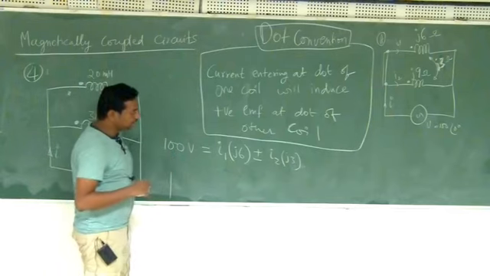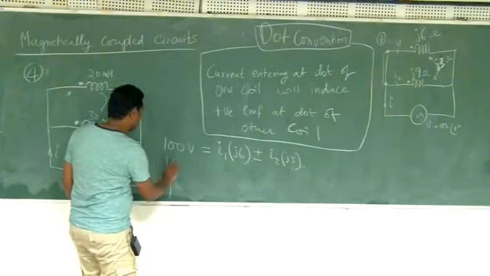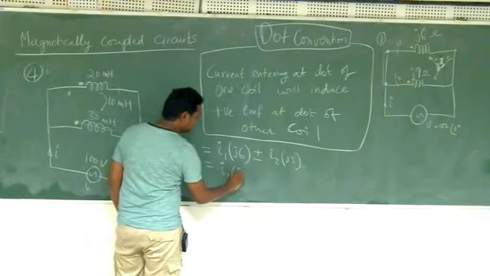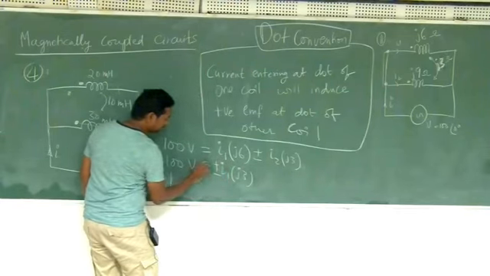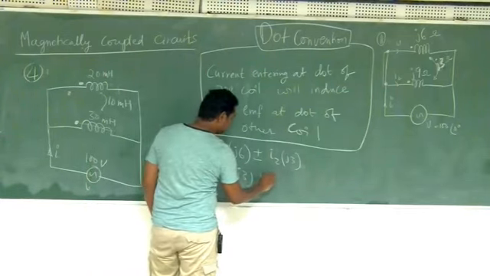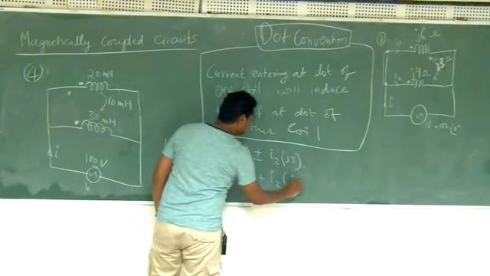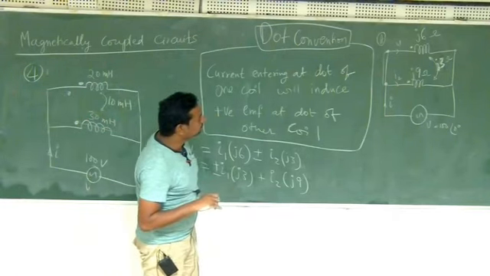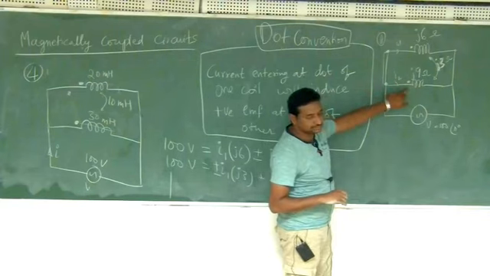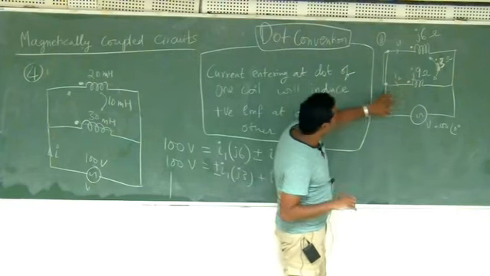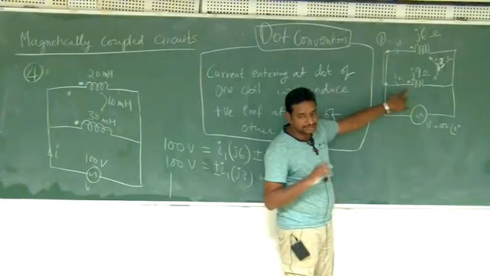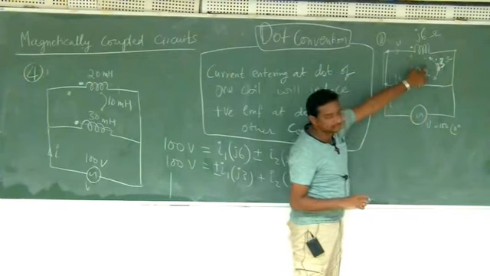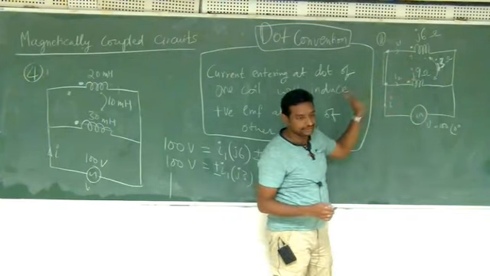Now applying Kirchhoff's voltage law to the second branch, 100 volts should also be equal to I1 multiplied by J3. This will have plus or minus. And then here it will be plus I2 multiplied by J9. Now let's talk about plus or minus. The current entering the dot here will induce positive voltage at the other dot. If the voltage is reducing, then I should use the minus sign in Kirchhoff's voltage law.